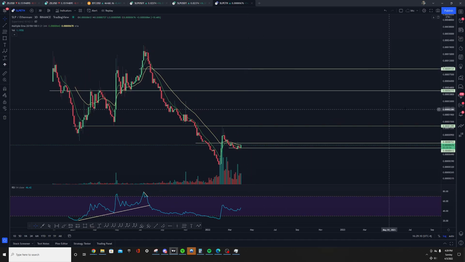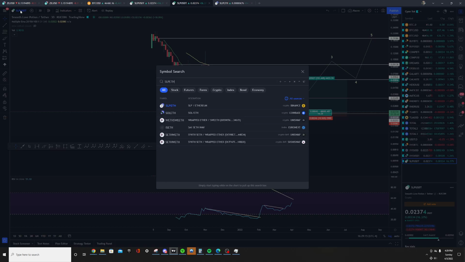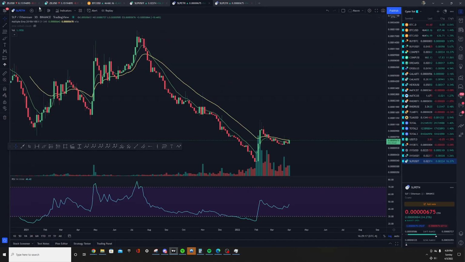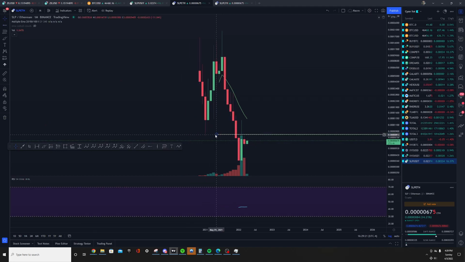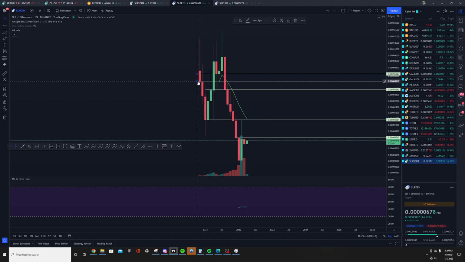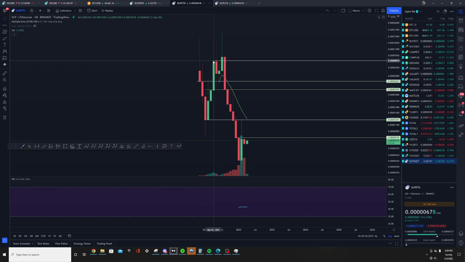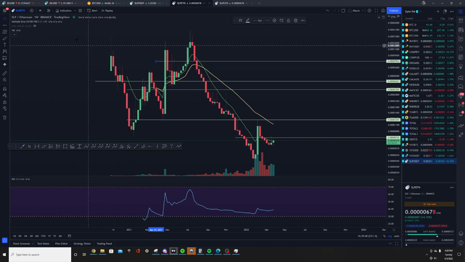All right, so ETH pair. Let's do it on here so I have it saved. My fault, guys, just gotta redo this chart. So whenever you're looking at the SLP ETH pair, what is it telling you? Basically, it's going to tell you if it is going to be outperforming ETH, right? And the same for Bitcoin, it's going to be outperforming Bitcoin. And you always want to be in the coin that wants to be outperforming the market. So in this case, looking at SLP